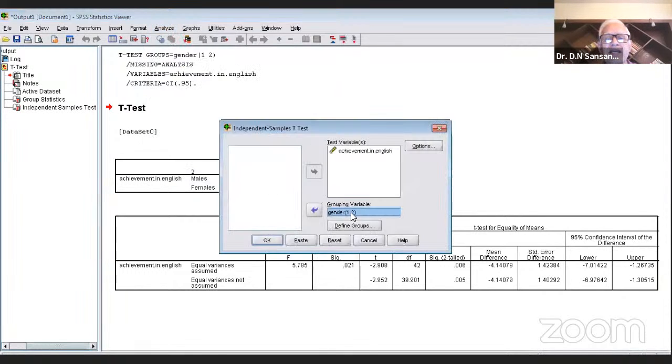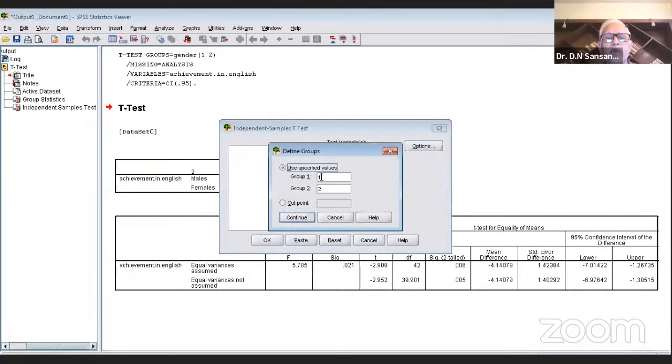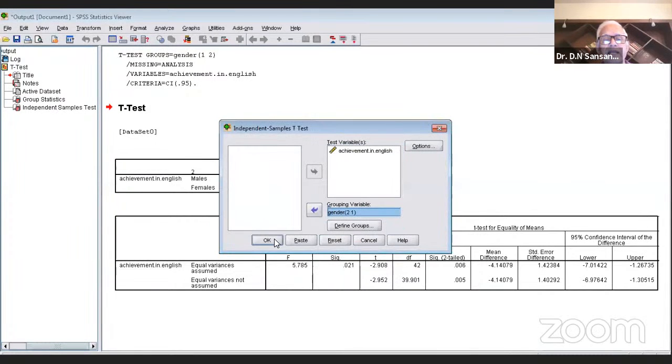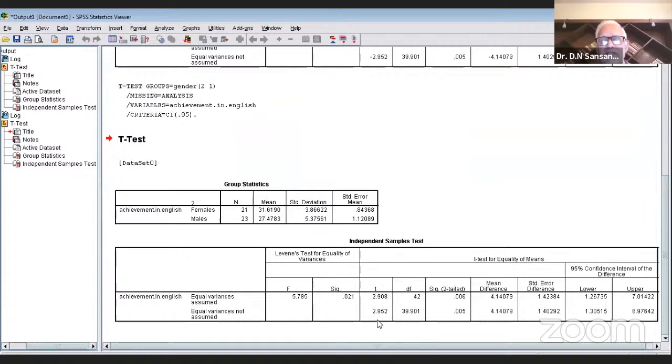Now I say here, instead of 1, I write 2 first and 1 second. Now just see, this t-value is positive. You see, where equal variance is not assumed, the value is minus 2.952. But in this case, it is 2.952. It is positive because t